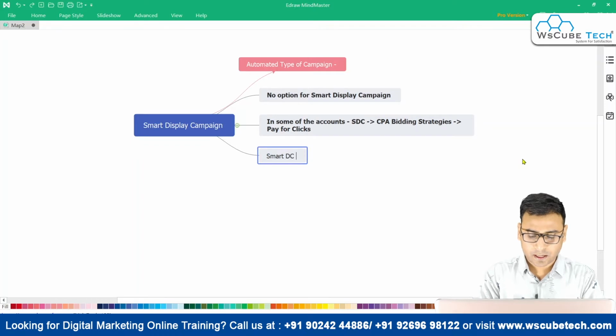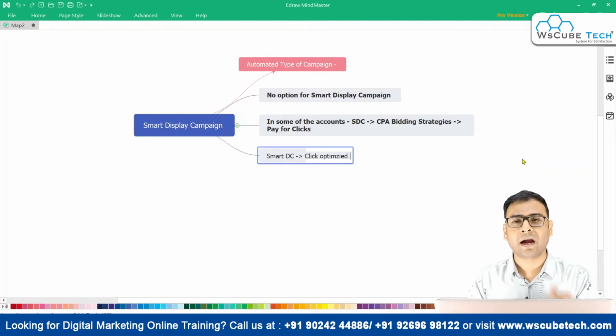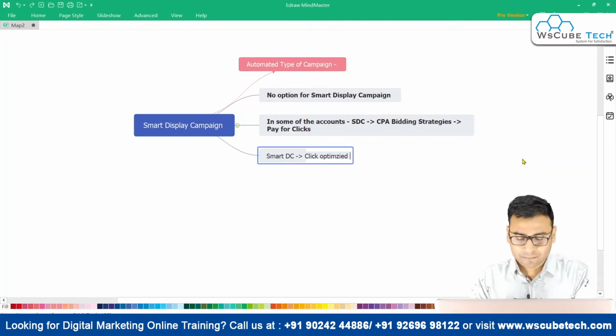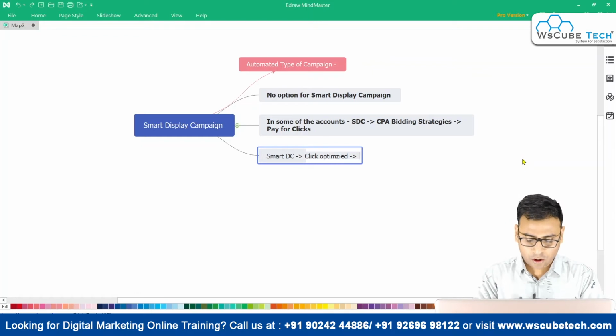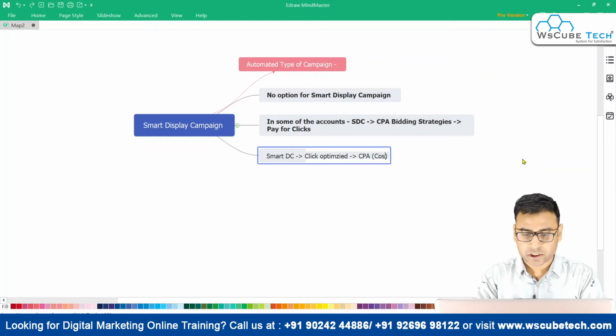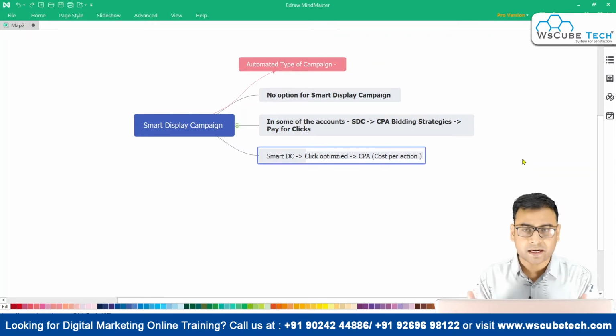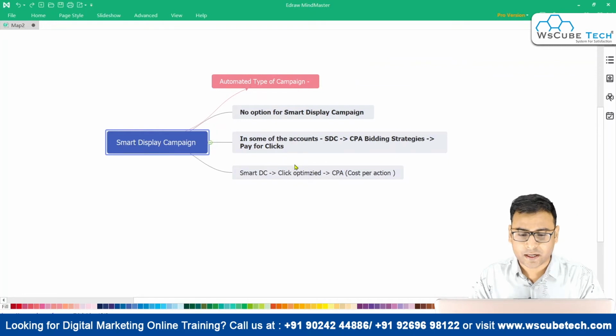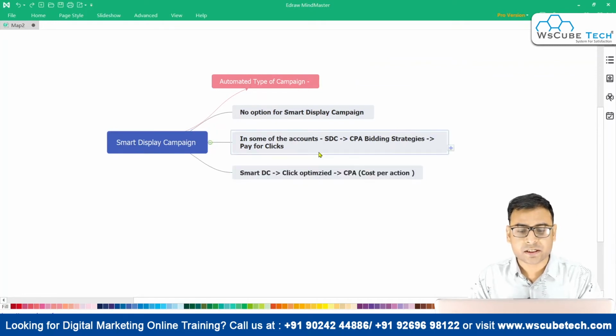right? You will also see the click optimized option there, where you want to optimize your campaign on the basis of clicks. You will have that option, and along with it you will also have the option of optimize for CPA, which is cost per action. So how does it actually work? Whenever you have enough data, your campaign can be easily set on CPA.